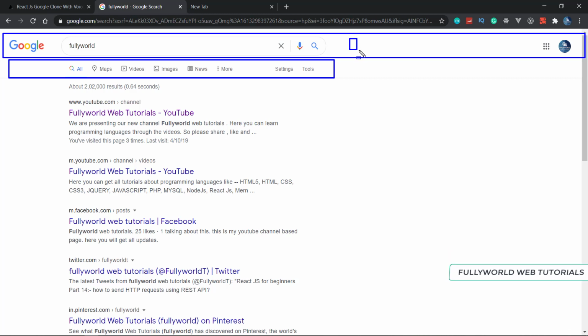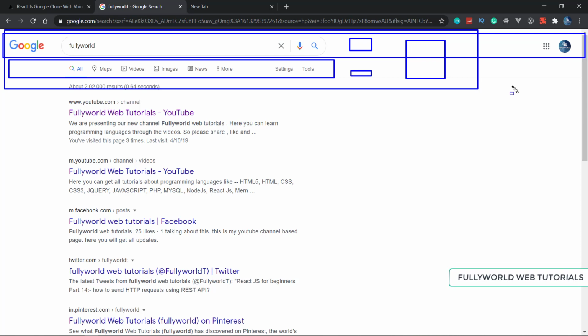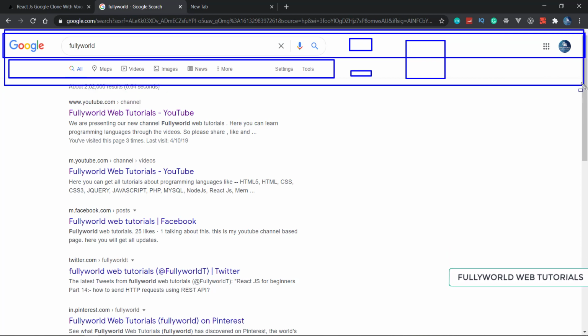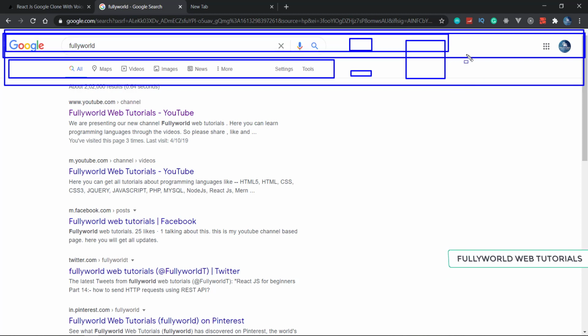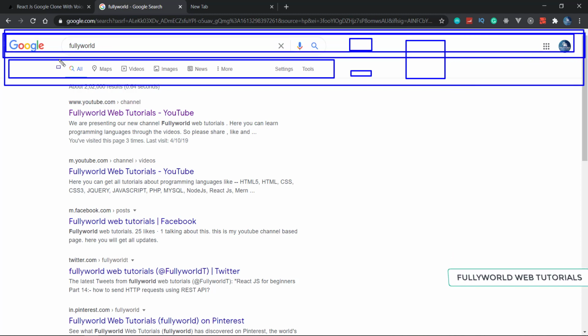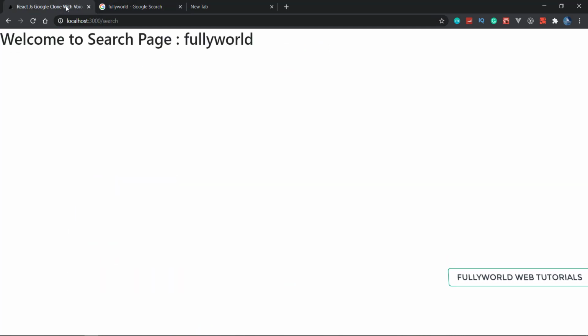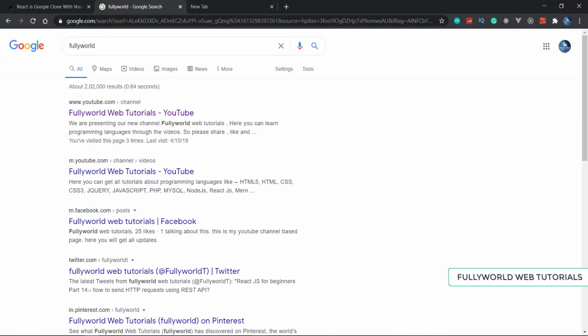So for that we will create our components. By the way, the components will be three. The first component will be this whole thing, that will be our navigation bar, and that will be our header only, sorry. And then there will be our search nav bar, and then there will be our sub bar in that navigation bar. So let's do that, so we can manage it easily.